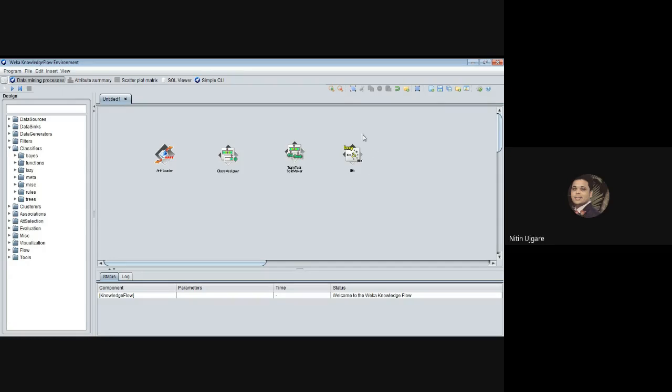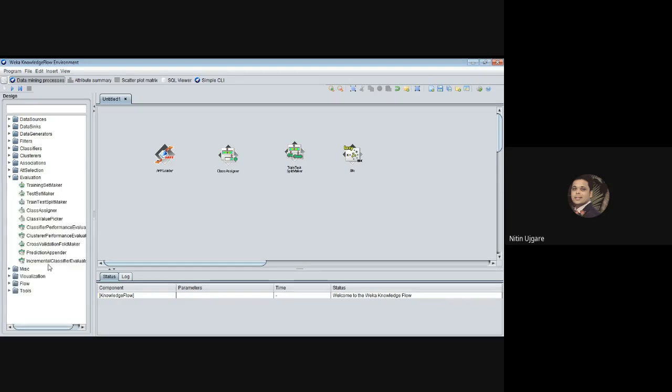So we have selected the KNN algorithm, and the result of this selection is nothing but the machine learning model. The output is the machine learning model, or the classifier we have built. Then we want to evaluate the performance of this classifier, right? So we will select this classifier performance evaluator object and drop it here.